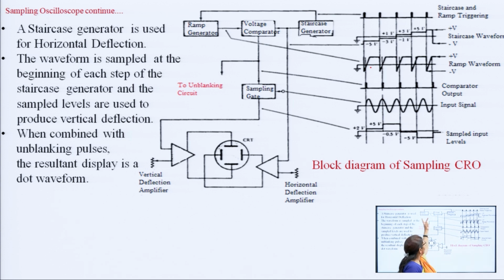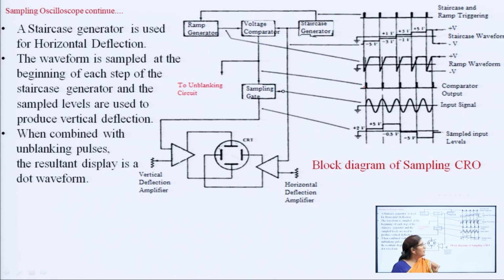Then when both the signals appear at the voltage comparator, the voltage comparator will produce a very small time period signal when both the signals are the same. So, when both the signals' amplitude is the same, the voltage comparator will produce a small duration pulse. When this pulse is fed to the sampling gate, the input signal is also fed to the sampling gate. So, what will happen? When this comparator produces a pulse, at that time one sample is taken